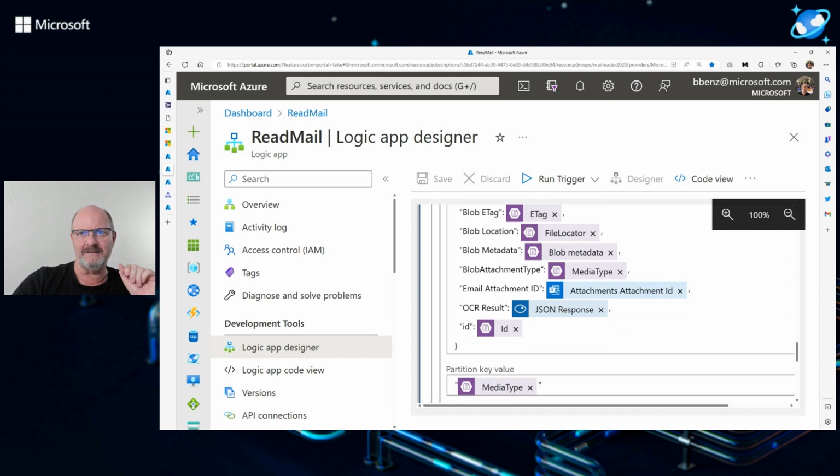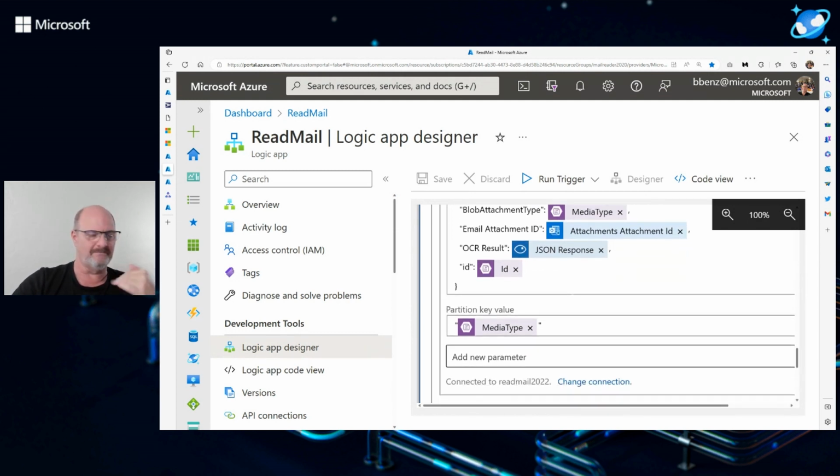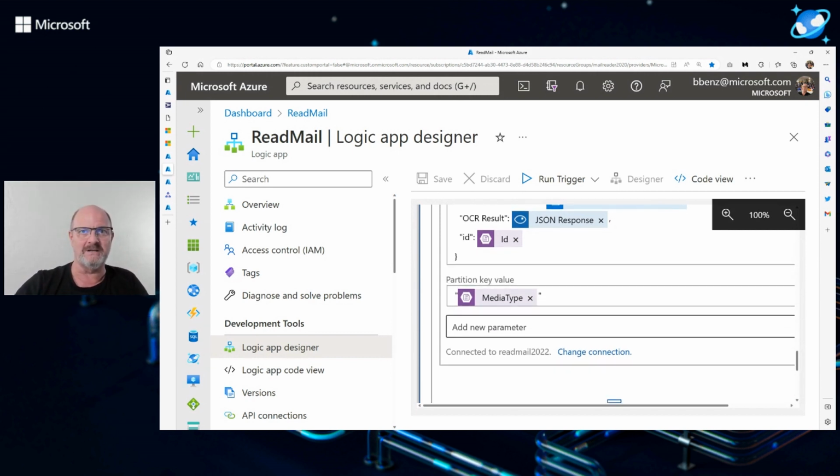And then you take the attachment ID and the JSON response, which is the actual generated OCR from the document, and you pass it an ID. The ID is critical because, remember, I kept the ID from blob storage and I passed it into here. The ID is critical for creating a unique ID in Cosmos DB. Every entry that you have in Cosmos DB has to have that unique ID. So we actually use the original blob ID. So that, once again, makes it easy for tracing back to the blob too.